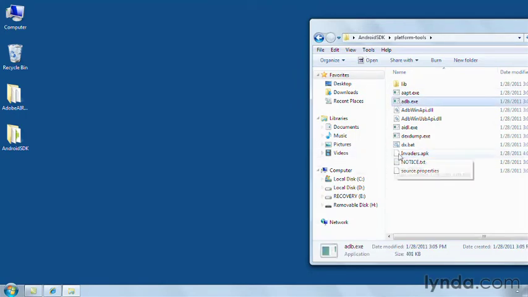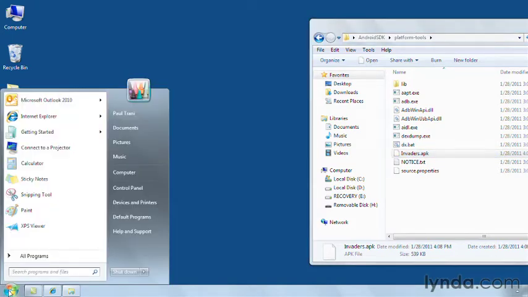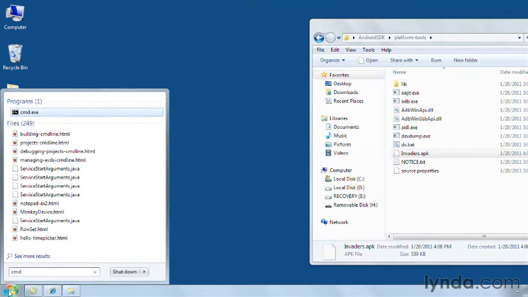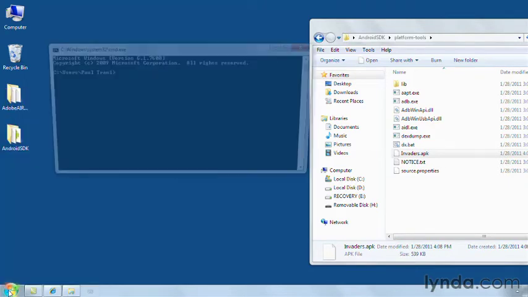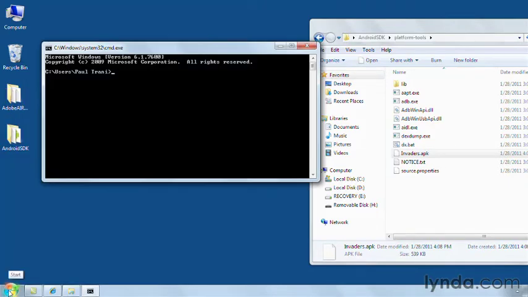Again, I'm going to use this to package up this APK, and I'm going to do that through the command line. So I'm going to go ahead and select the Start menu, and I'll just type cmd. There's my executable, so I can hit Enter. It's selected, and here we are. So the first thing I need to do is I need to target that specific folder. So I'm going to say cd for change directory, and type in desktop